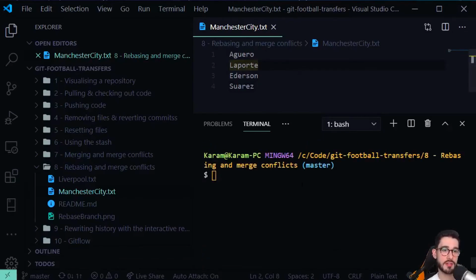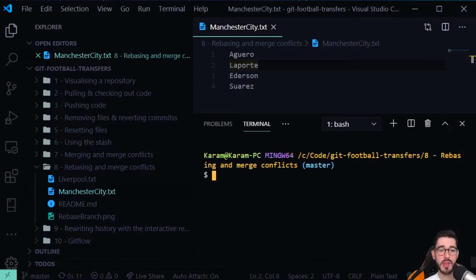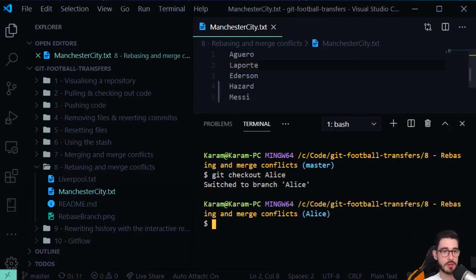And it now means that we can obviously get rid of the branch, because Bob's branch is no longer needed. So we can double check that by doing git branch. Okay, Alice's branch is still there. And now we're at a point where Alice finally decides that it's time to rebase her changes onto master. So we've switched to Alice's branch,